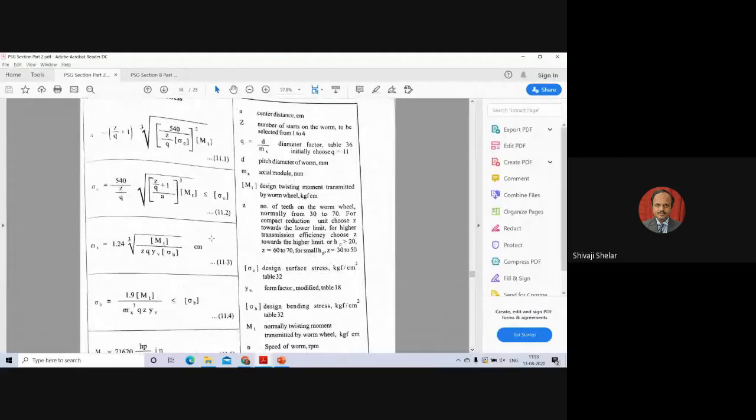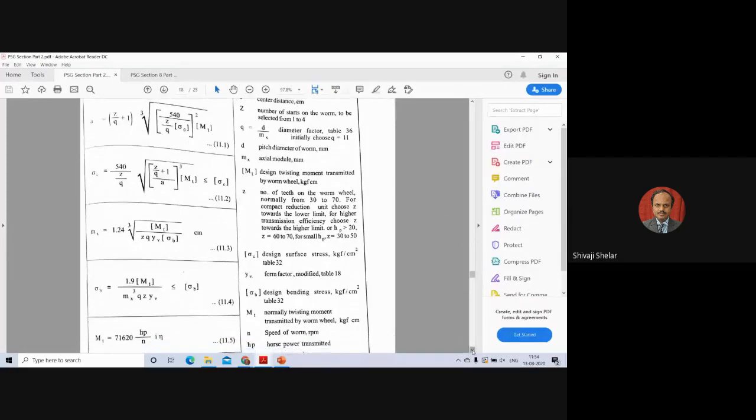Then there is the design formula for axial module, and the design formula for checking the contact stress. I'm not going into the detail of contact stress because it has been repeated so many times. You have to use this formula. Once you design, you have to check this. Or you can design from this perspective and then check the bending. If you design for contact or wear, then you can check for bending. If you start your design with the bending formula, then you can check the contact. So there are formulas available for bending stress calculation and contact stress calculation.